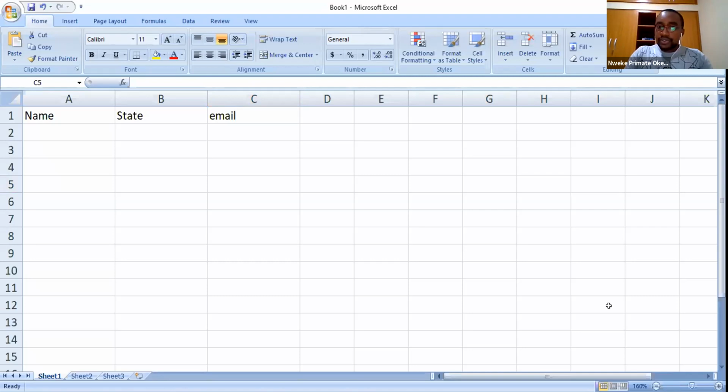All right, so okay, let me just copy some email addresses. So the volunteers will be name, state, and email address. We would use it to,